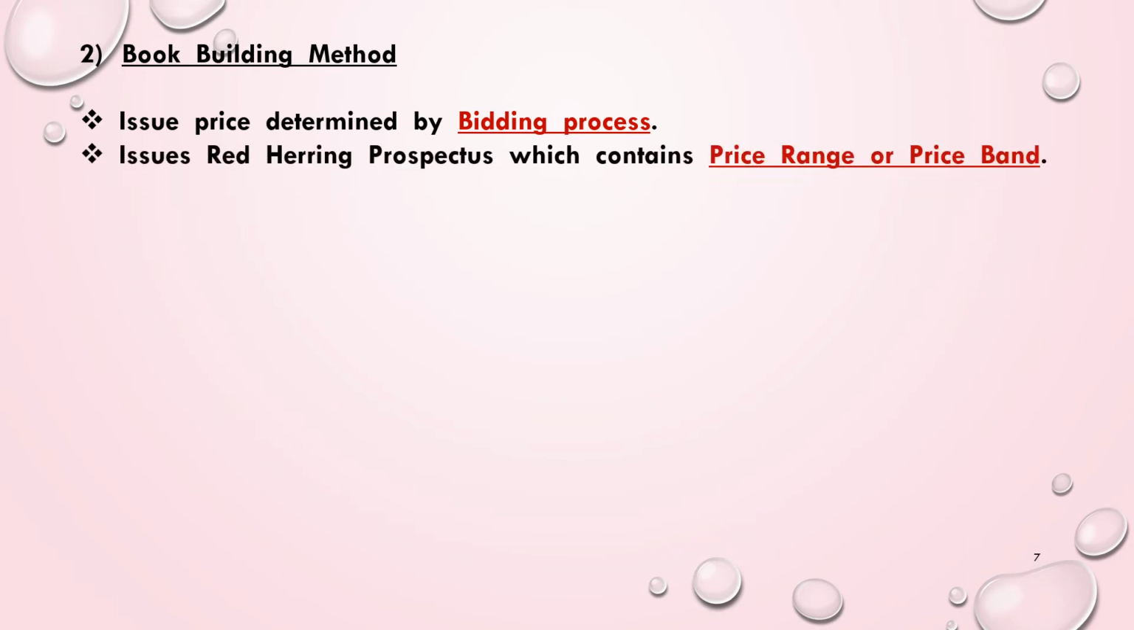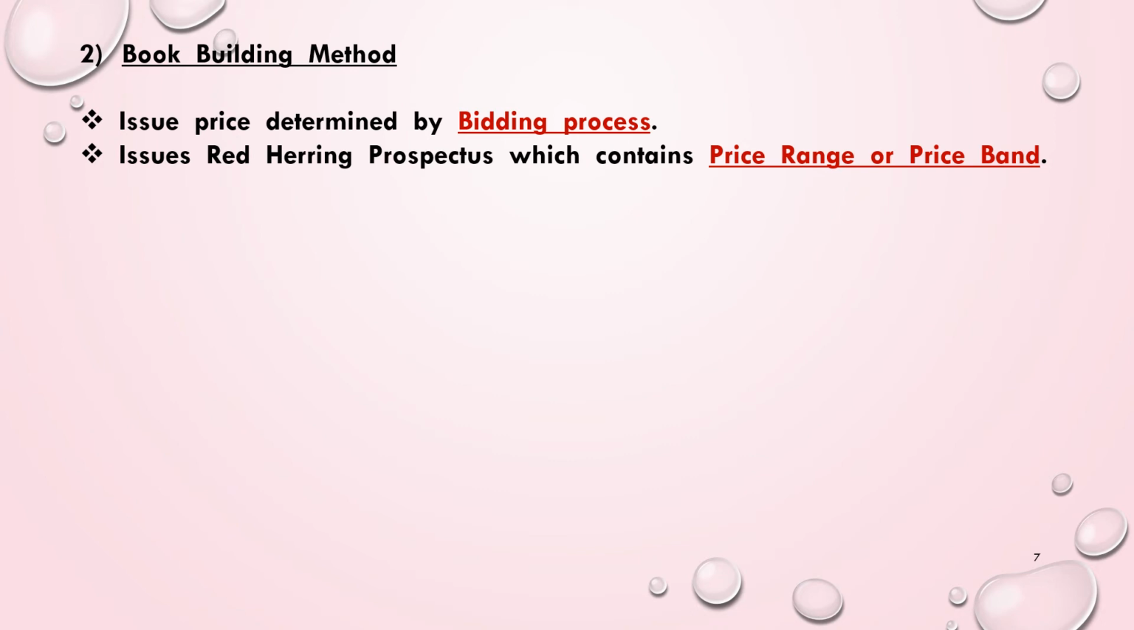Let us now move towards the second method, which is called the book building method. Under this method, the prices are not fixed like in the fixed price issue method. Here, the issue price is determined by a process called the bidding process. For this purpose, the company issues a prospectus called the red herring prospectus, and it contains a price range